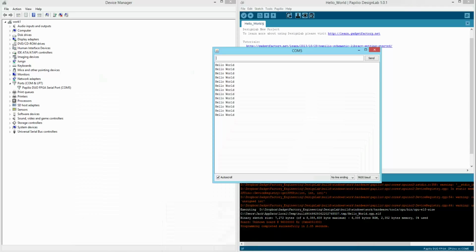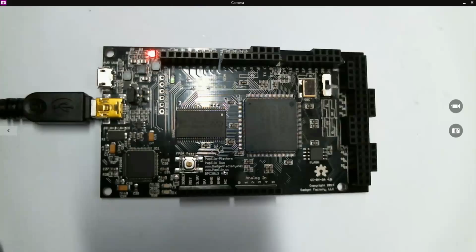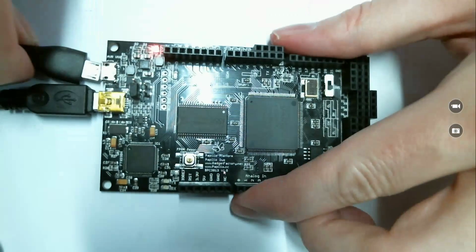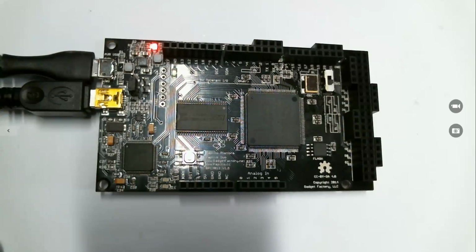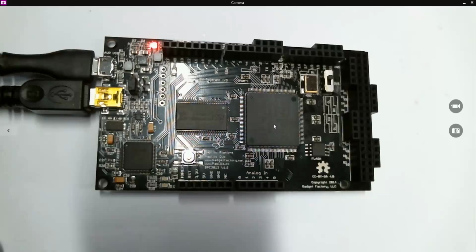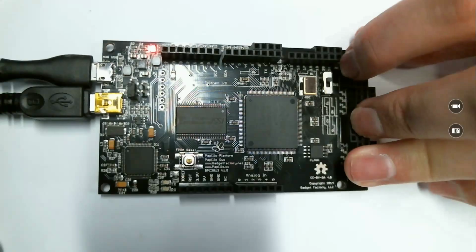So next, let's run hello world on the AVR side. So to do that, let's go back to our hardware, and we're going to plug in the micro USB slot for the AVR. Okay, so now if we go and we look at our device manager, we should see, the other thing is I also had to flip up this user switch, I had to flip this to the up position